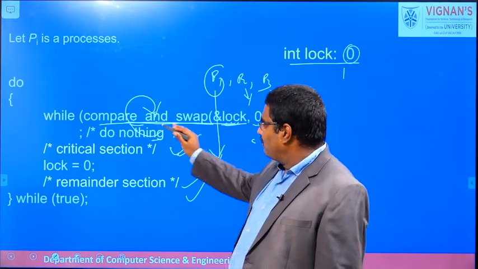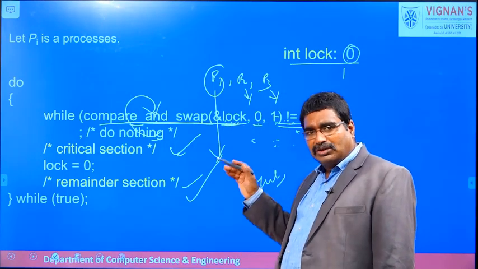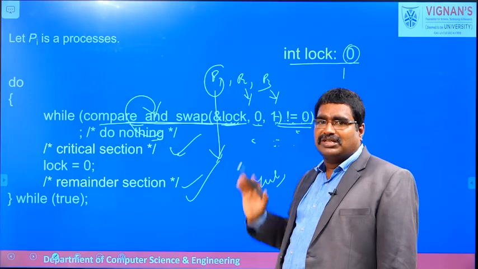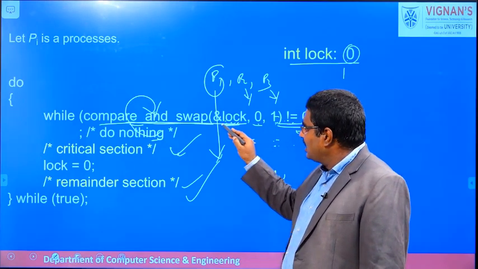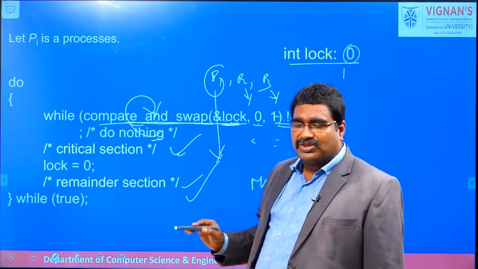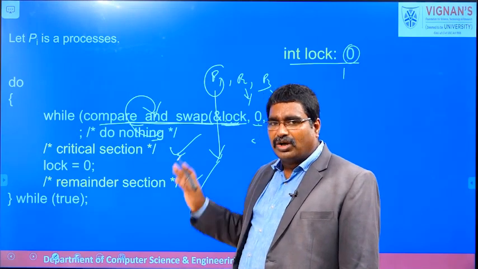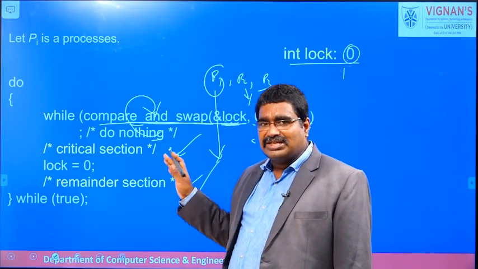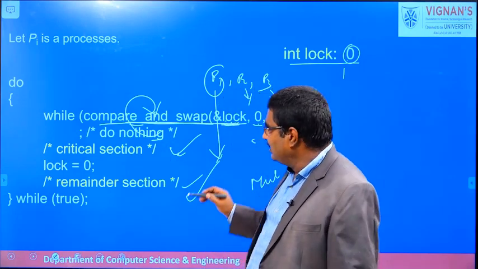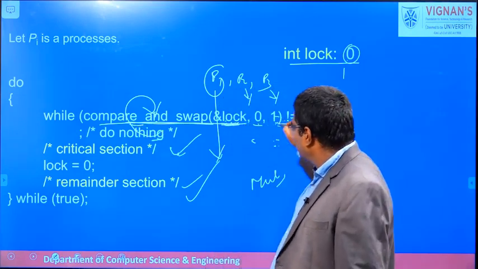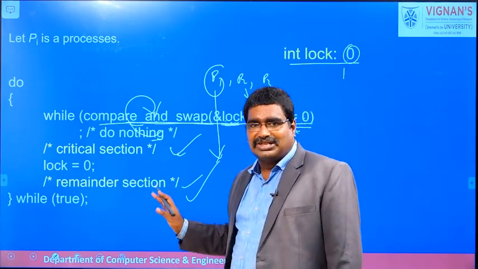But whenever we use compare and swap, it simply compares the first and the second parameters. If both are the same, then only the new value, the third parameter, is assigned to the first one. Otherwise, without changing the value of the first parameter, the value in the first parameter is simply returned by the compare and swap function. It is a slightly modified function, and another difference is that swap takes Boolean parameters, while compare and swap takes an integer parameter. For that reason, in the swap function we compare with true, but here we compare with not equal to 0. The remaining is the same.